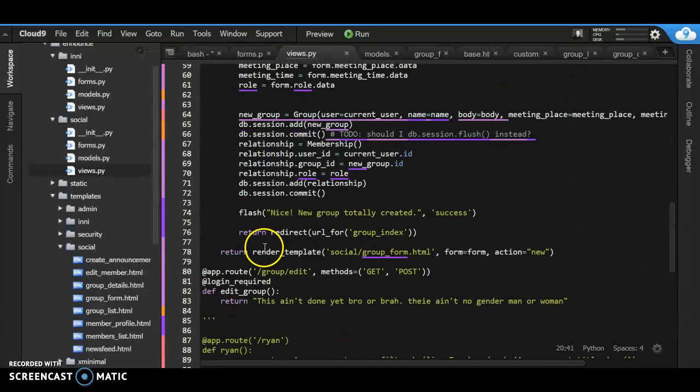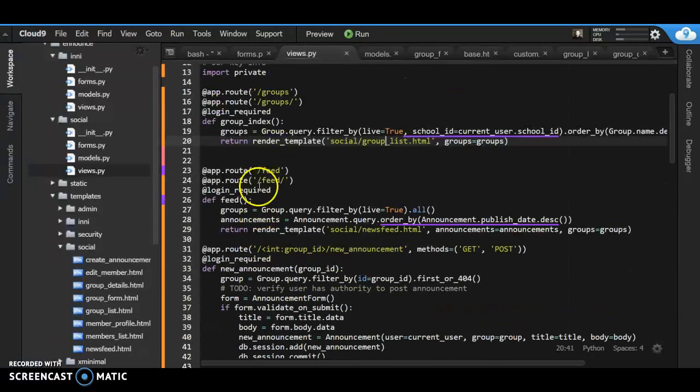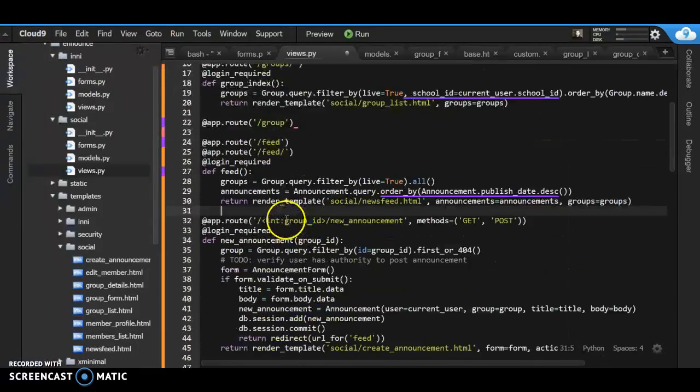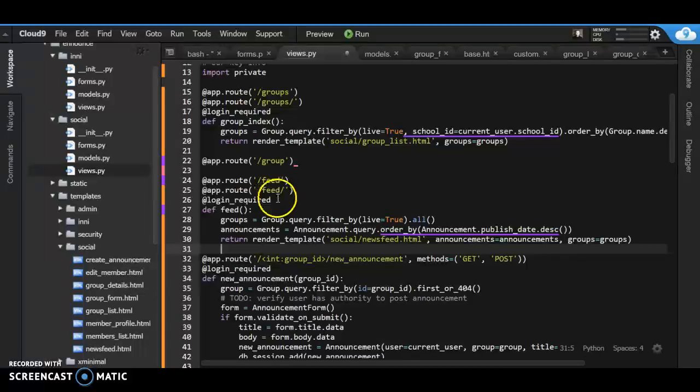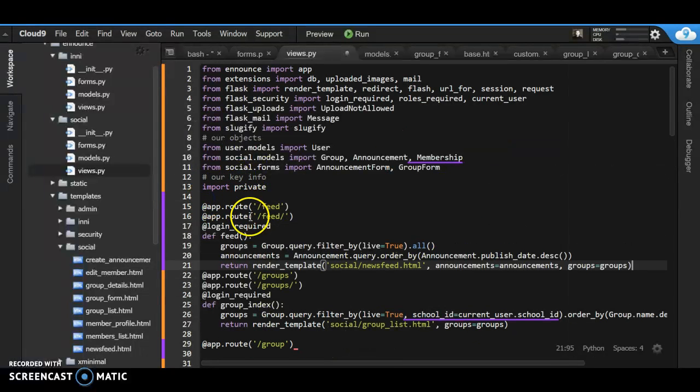Edit announcement, group edit. Okay, we want a group details page here. Okay, we need to fix some of this. Let's have all of these. So feed is separate from all of this group activity. So it should be